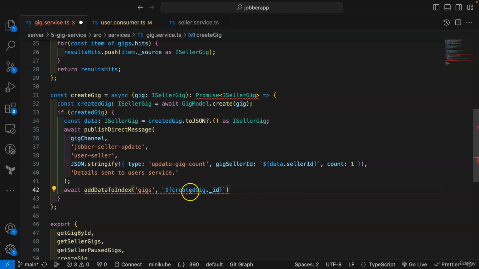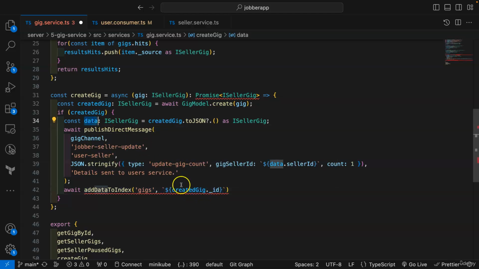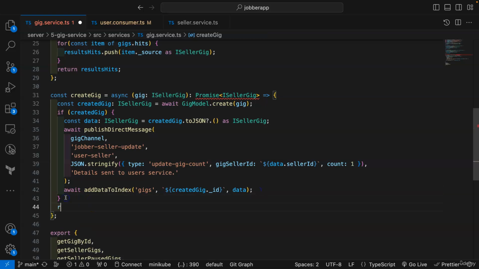You can use created gig dot underscore ID, or you can use data dot ID. But I will just stick with created gig underscore ID, and then we pass in data. And here I can just return created gig. So this function here